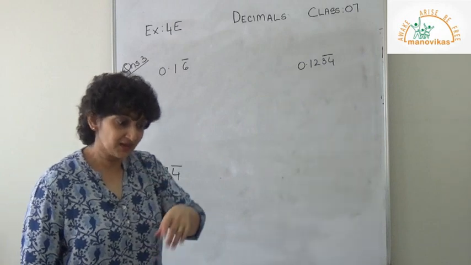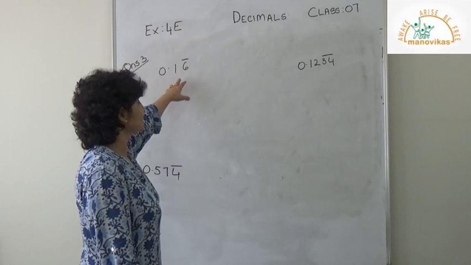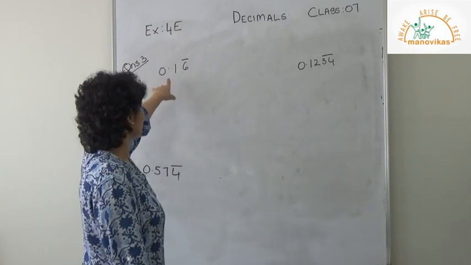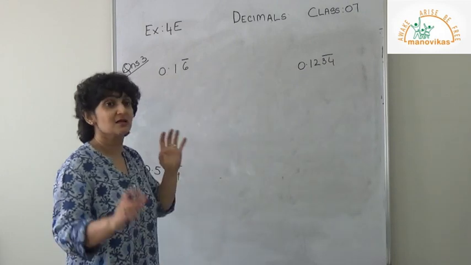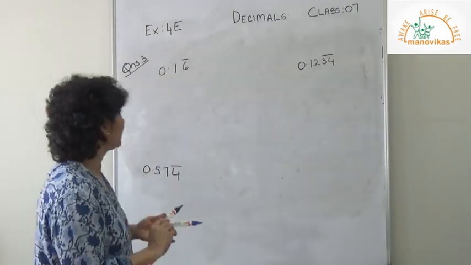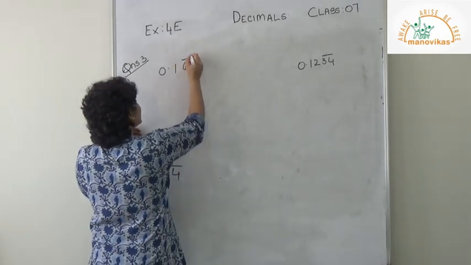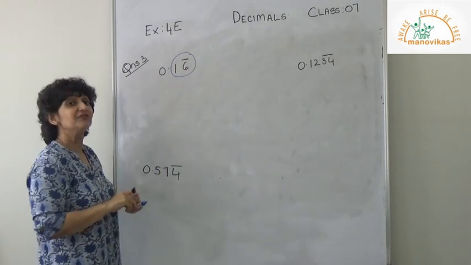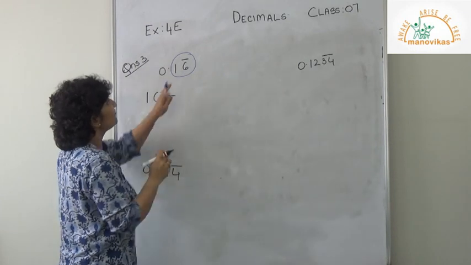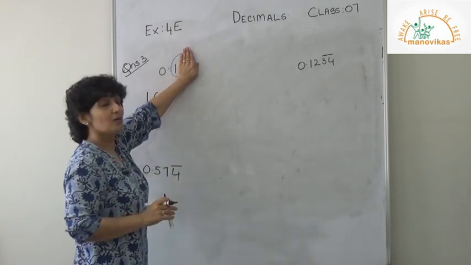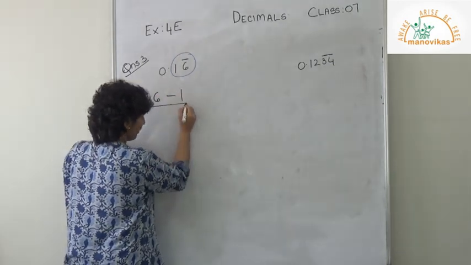Now let's move on to the next question. Similar, again we have converted each of the following into a vulgar fraction. But now, see, these are mixed numbers, so mixed decimal fractions. So 0.16 bar. How do I do this? Now I've told you, wherever there is a bar, we put a 0. First, take the whole number full. What is that? I have 16. So take 16 minus. Wherever there is a bar, children, put your hand. What is left? 1. So I put 1 upon.